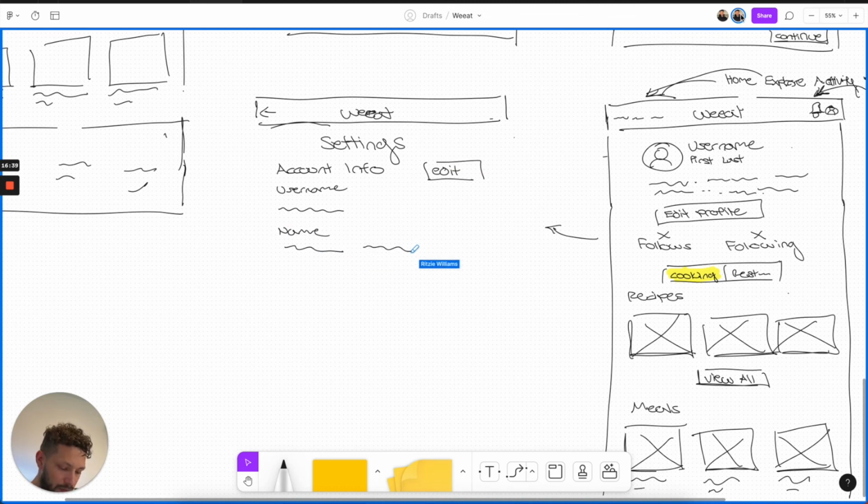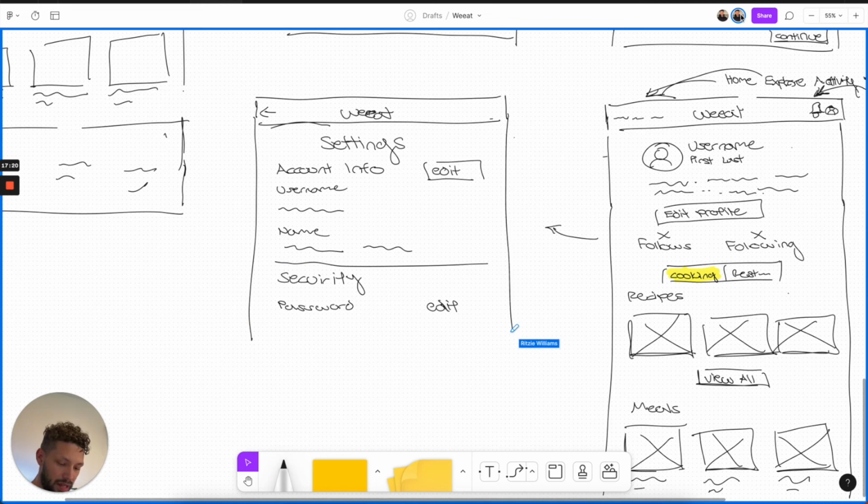we have all the other information, but then we also have security, however you spell security, and then we have password. Now password you have to edit individually, so that has edit functionality there, and there might be some kind of divider between these two. Is there any other security? There may be two-factor authentication, things like that. That's why we are separating it, and we can even look into the app and see what else is separated into there, but